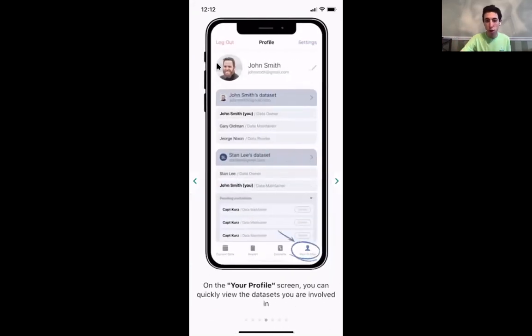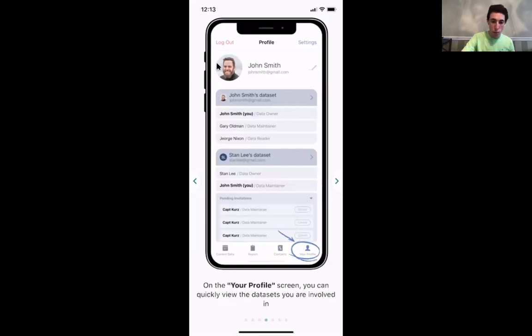And last of all is your profile, where you could have different data sets. For example, if you want both of your grandparents on one, or you want your kids to be able to also track your service and your data, you could add them to your data set. We're going to show you how to do all this. This is just kind of the brief overview.